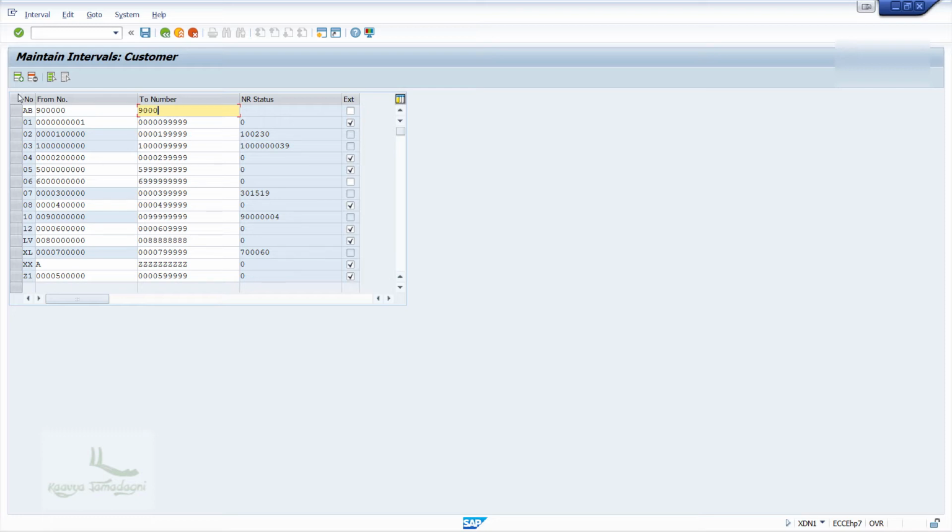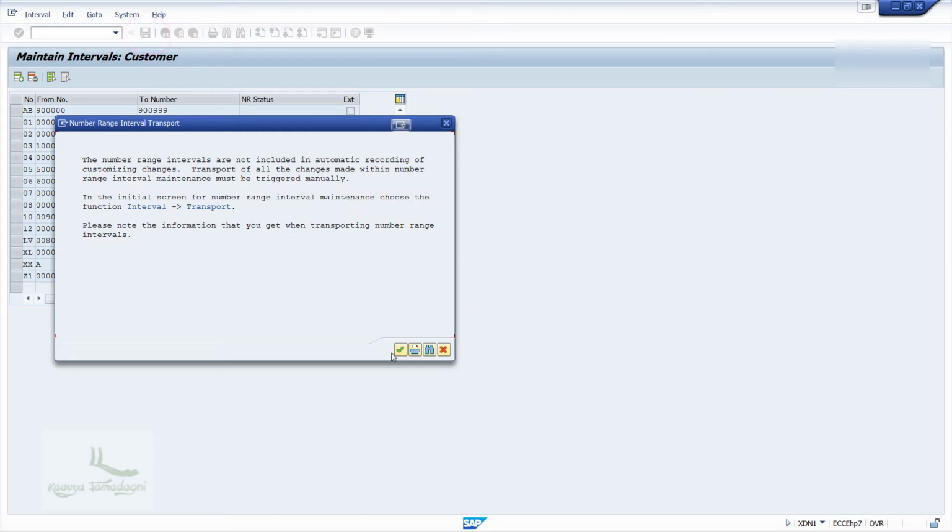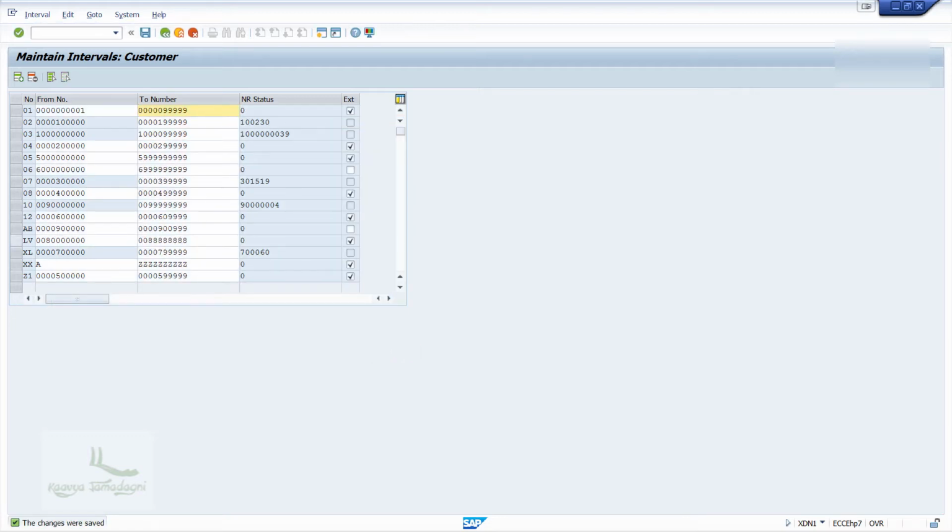Okay? And then I'll just click on the save button. When I click on the save button, then we will receive the information message and then we can press enter. Now what we have done, we have created the number interval.